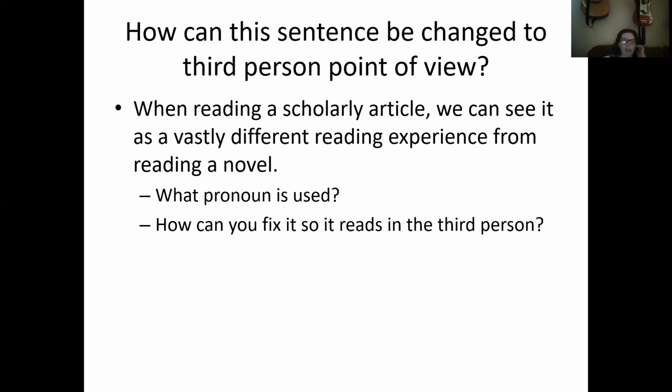So how can the sentence be changed to third person point of view? The sentence reads, "When reading a scholarly article, we can see it as a vastly different reading experience from reading a novel." All right, so when we're looking at a sentence like this and checking it for point of view,